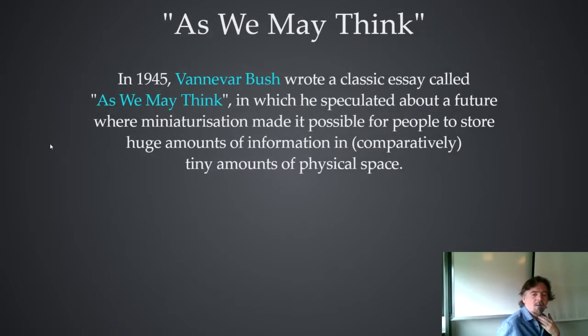At this point, I will jump ahead a little bit. This is a little aside. From this same period in the 40s, there's a guy called Vannevar Bush, who was an important scientist in America, and he wrote an essay called As We May Think, where he was looking at the technology of the immediate post-war period, and trying to extrapolate where it might go as things got better over time, as he thought that miniaturization was going to be a thing, and everything would shrink and become a lot better. It's a really fascinating paper if you want to read it. It's actually just an article in a magazine called The Atlantic. And he discusses where he thought technology was going to go.